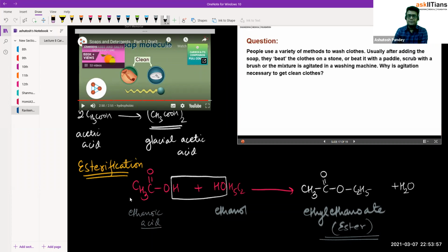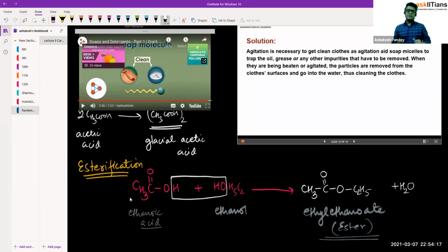Next question: people use a variety of methods to wash clothes. Usually after adding the soap, they beat the clothes on a stone or beat them with a paddle, scrub with a brush, or the mixture is agitated in a washing machine. Why is agitation necessary to get clean clothes? The answer is agitation is necessary to get clean clothes, as agitation aids soap micelles to trap the oil, grease, or any other impurities that have to be removed. When they are being beaten or agitated, the particles are removed from the cloth surface and go into the water,